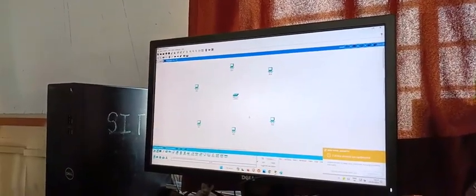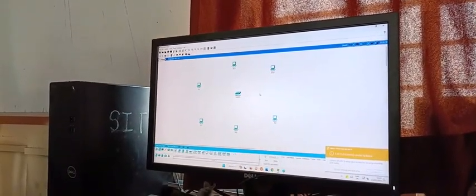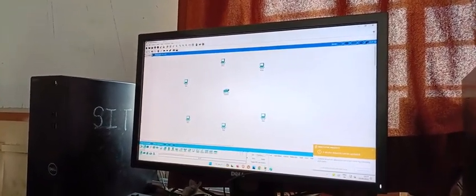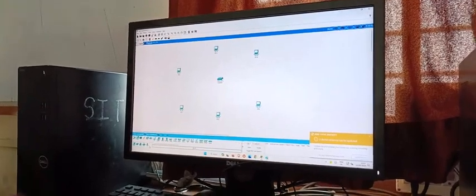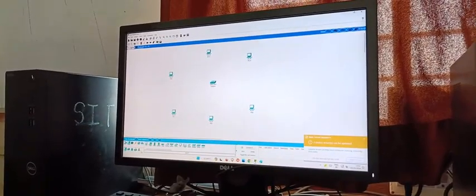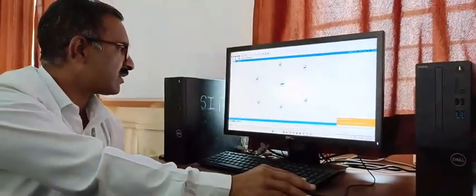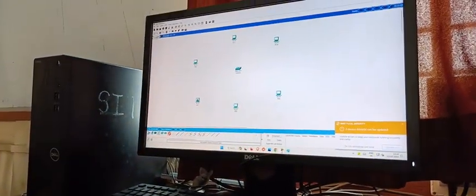Then okay, I selected PC. I configured each and every PC with that IP, and now it's time to connect the PCs to that centralized device. But this task should be done previously, before setting the IP. Remember that. But here I directly showed you how to configure the IP.